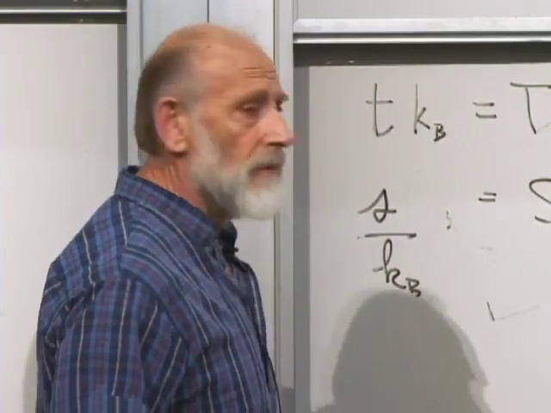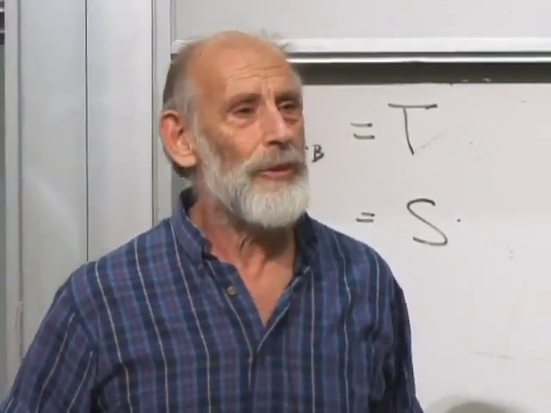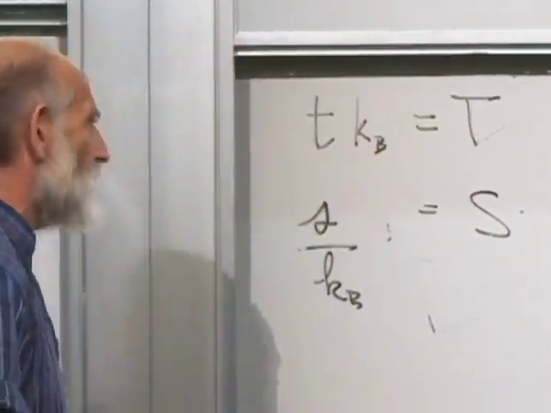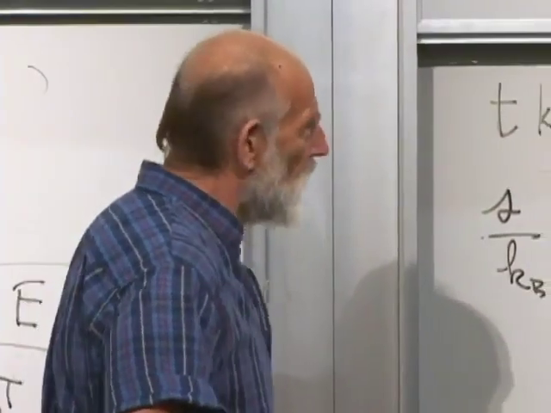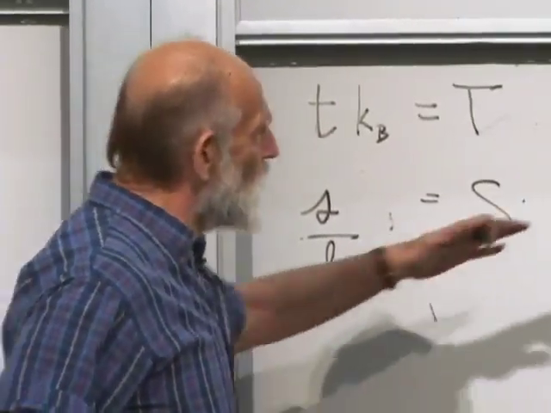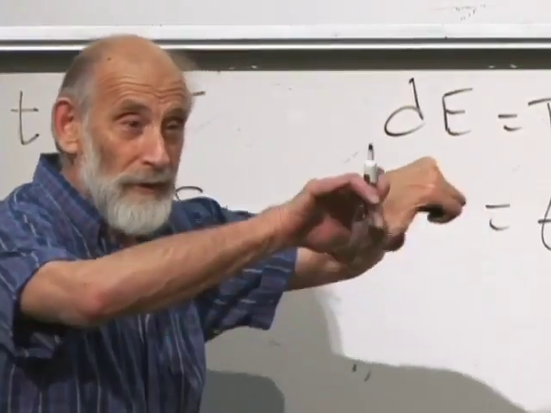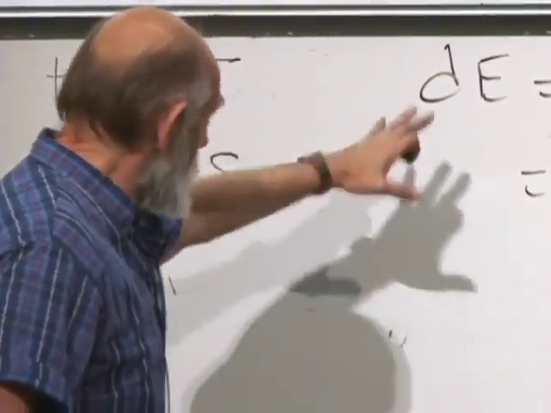Is it very hard to prove that beta is 1 over T? We're going to do it at some point. It's in the notes, and we're going to do it. But at the moment, let it be a definition. Well, that's a definition, but this was also a definition. We have two definitions. They could clash. They don't. So yeah, we'll do that, but not now.